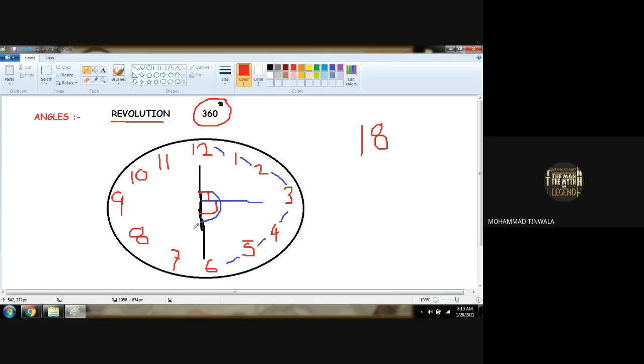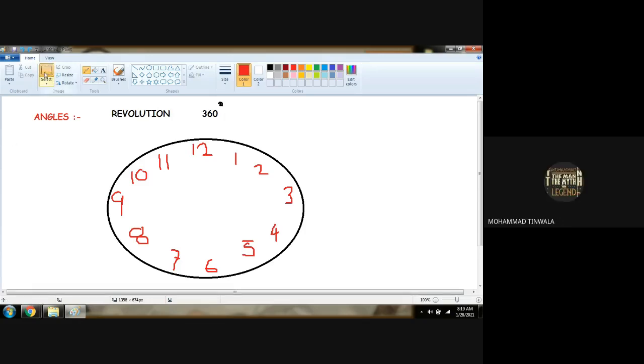Anybody has any doubt with this? This revolution criteria must not be in the exam in FA4. It must be in SA2. So revolution is not the important content at the present moment. Is that all clear, boys? Are you clear with the clock?